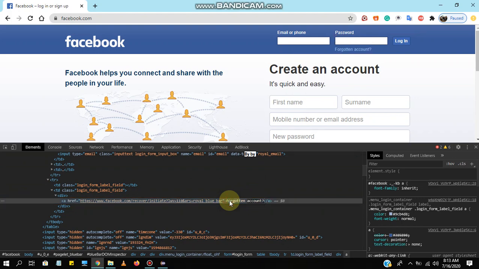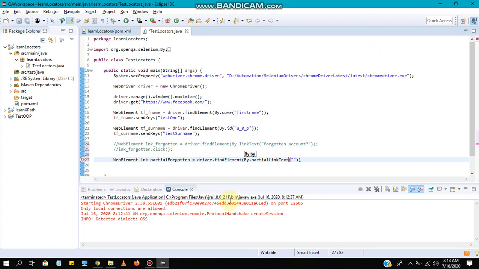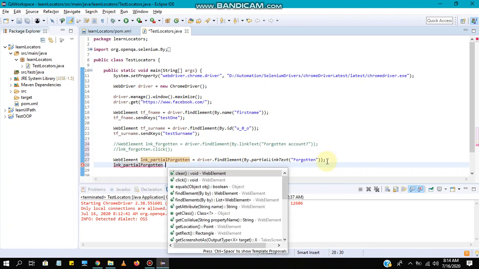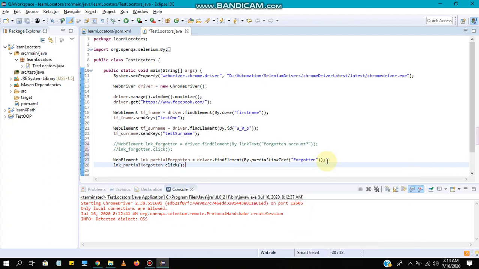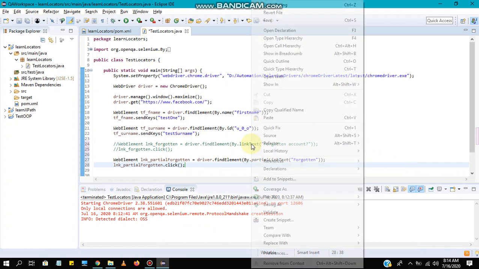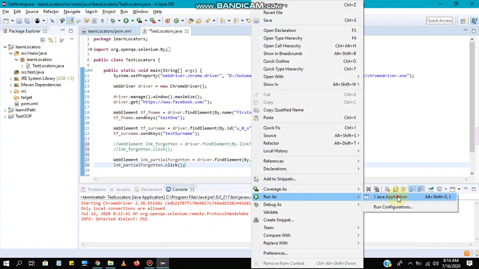We can use just the word forgotten as well. Just enter that copied text here. During the execution, it will search for this text in the web page and simply click on that link. Dot click. Let me run the file again.